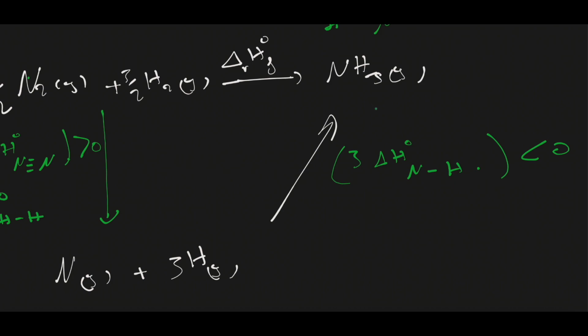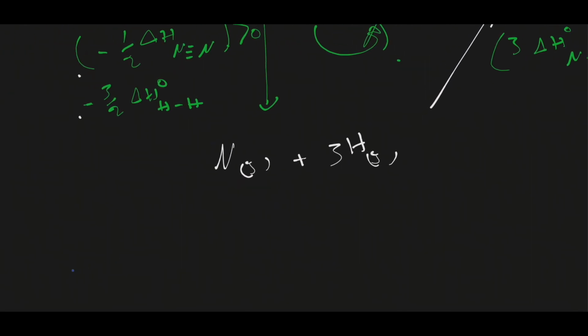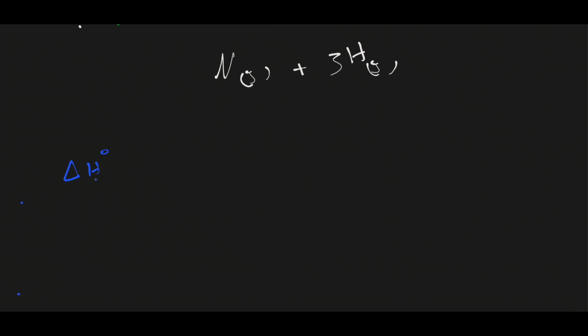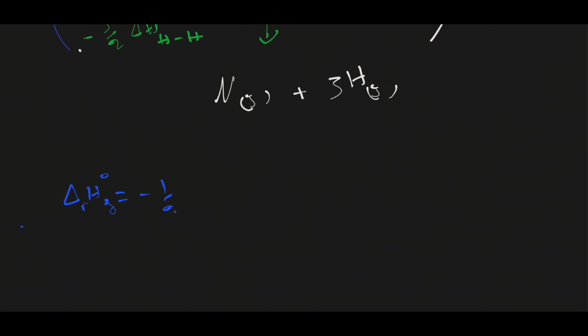When a bond is formed, energy is released, which is an exothermic process. So now, because enthalpy is a state function, we have the direct path and the indirect path. So we can write this equivalence: the standard enthalpy of formation is equal to the sum of -1.5